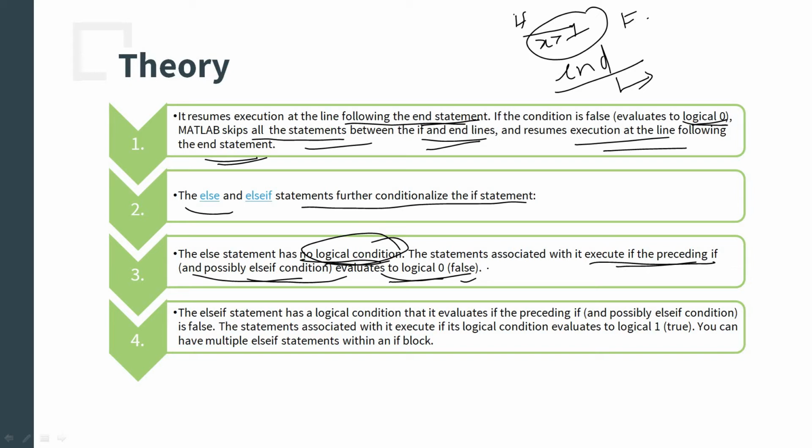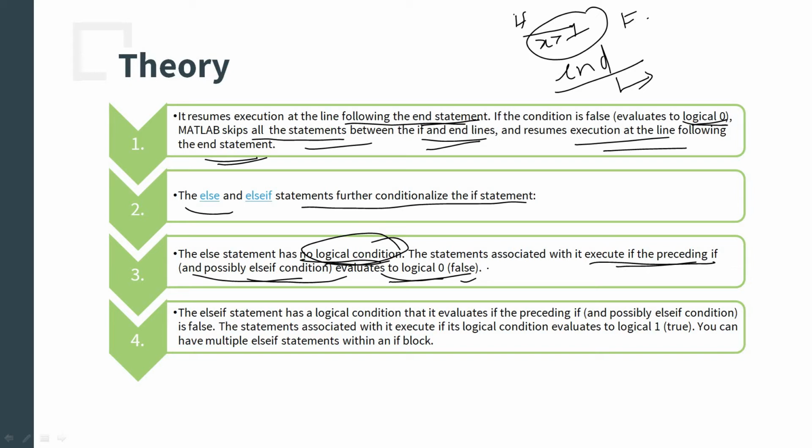If something is not true, else execute this. If any statement is not coming out true, we can use the else statement if you want to do another execution.